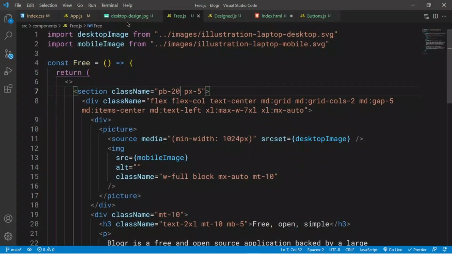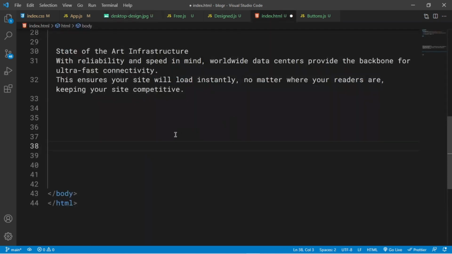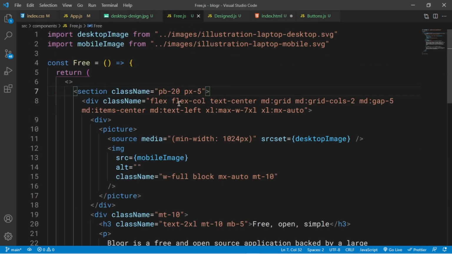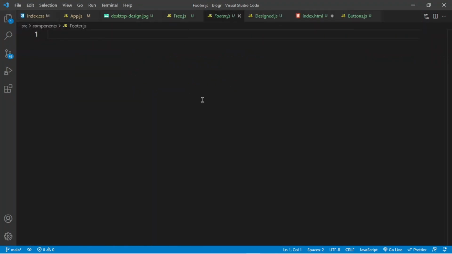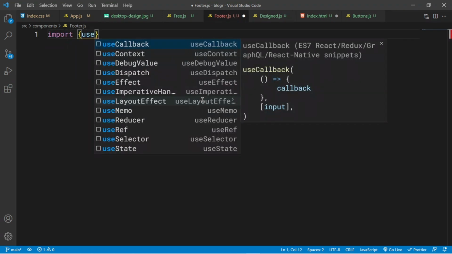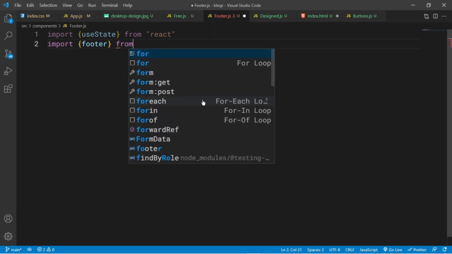Okay, so let's continue on to the next section, which is our footer. So our footer is going to be relatively easy. It's going to be almost similar to what we had in our navbar, where we're just going to fetch the data. So let's head over to footer.js. Where is it? Footer.js, right inside here. And then I'm going to say import useState first of all, because we need our state values. So useState from React, and then we also need to import our data. So I'm going to say import footer from